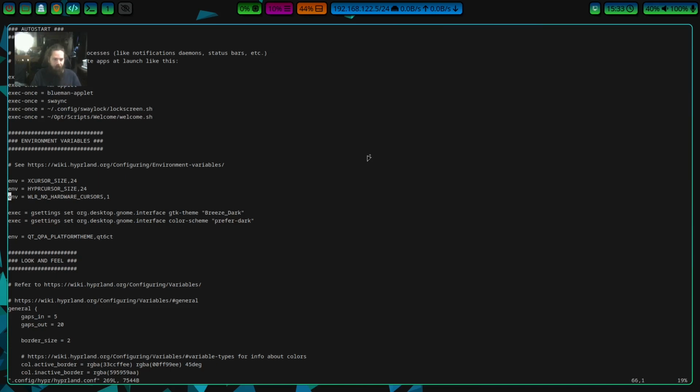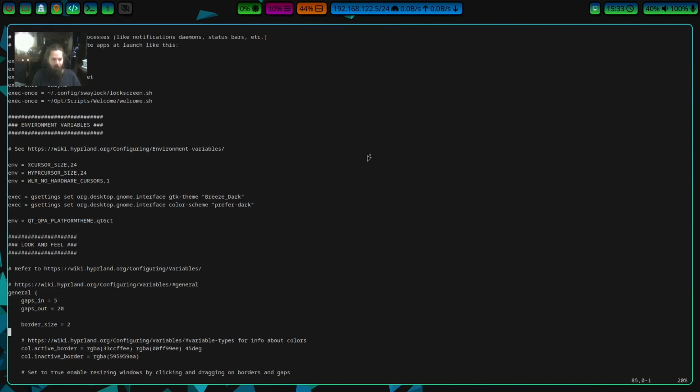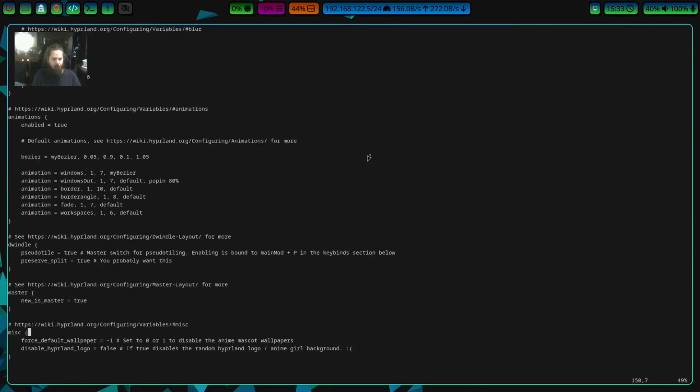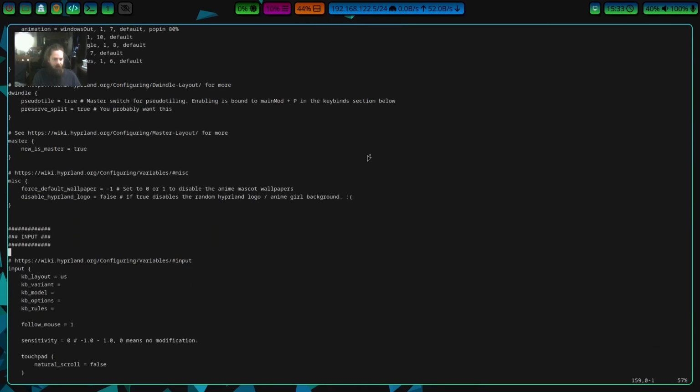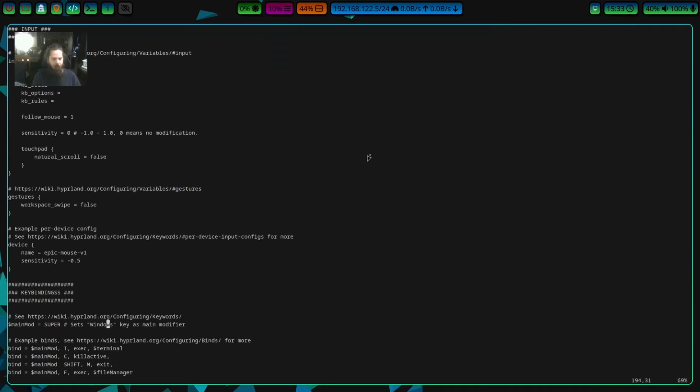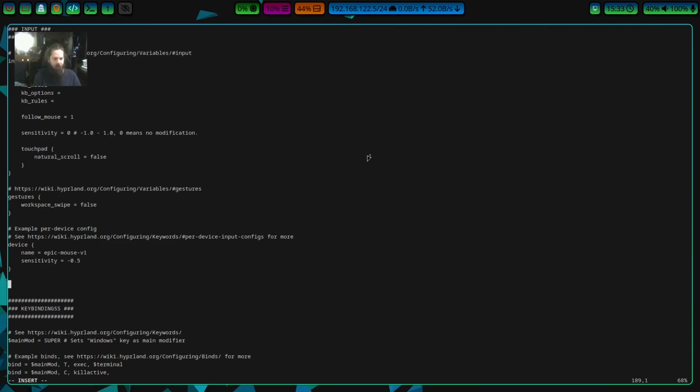Alright. Now, originally what we had to do is we had to enter in this environment variable here in order to get our cursor to show upright. And granted, we had a double cursor, but at least it pointed to the correct area, and things, for the most part, worked fine. This no longer works with the new update, but we're going to leave it here for now. What I want you to do is scroll down. You're going to find this input section right here. Now go all the way to the bottom here, just above key bindings,